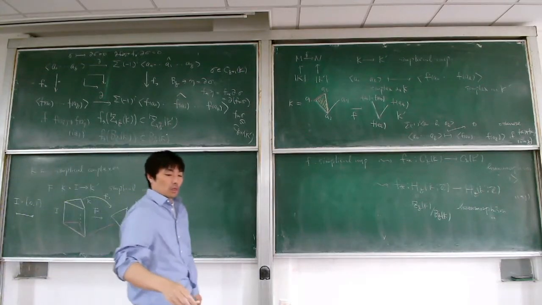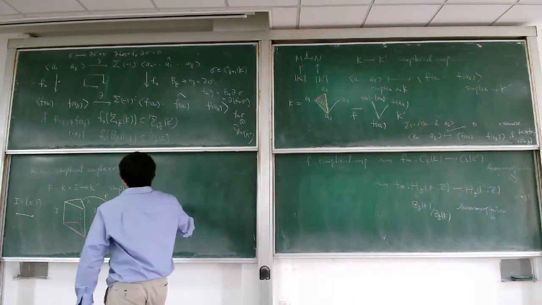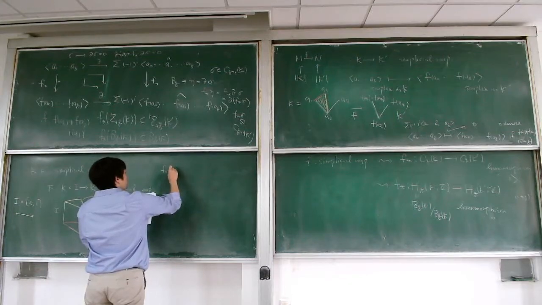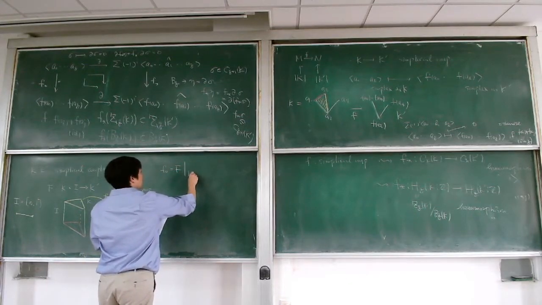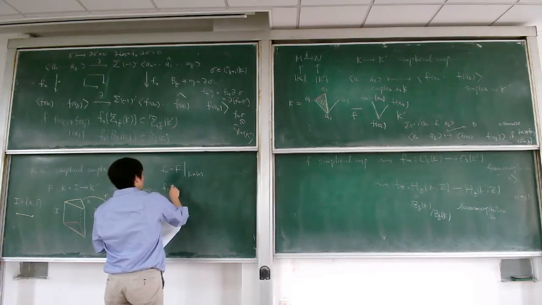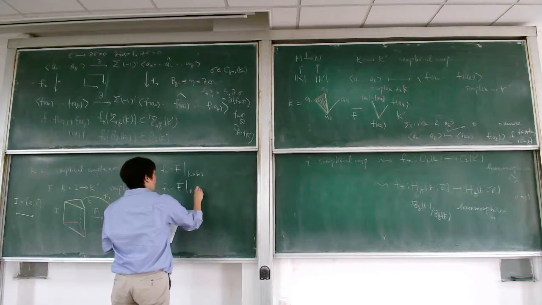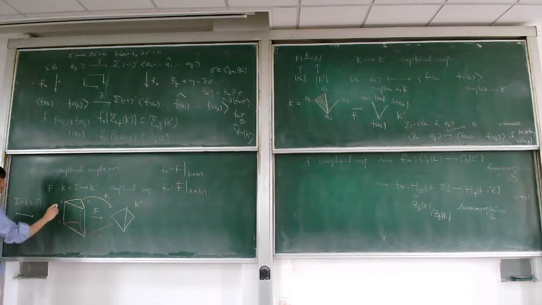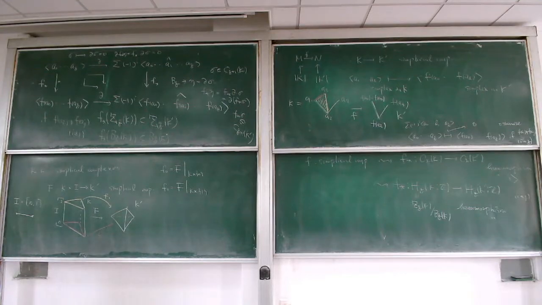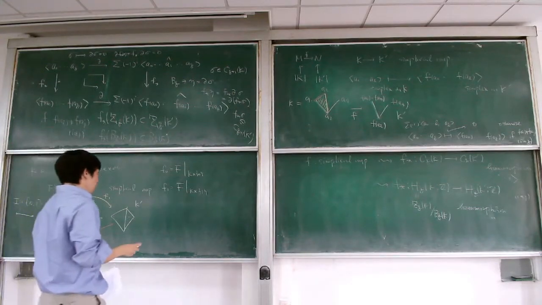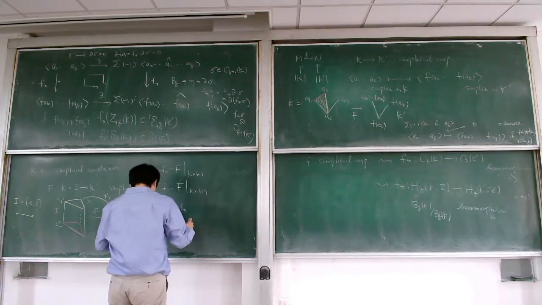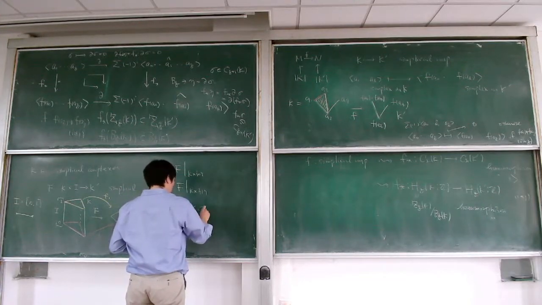So I just restrict myself so that F0 is F restricted to K times 0, and F1 is F restricted to the top. So this is the segment 0 to 1. Then the induced homomorphism between the homology groups of K and Z is